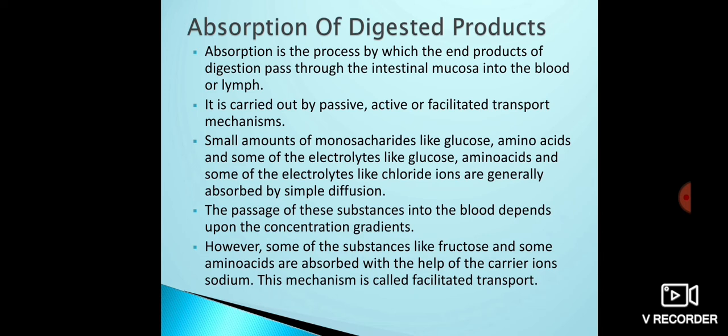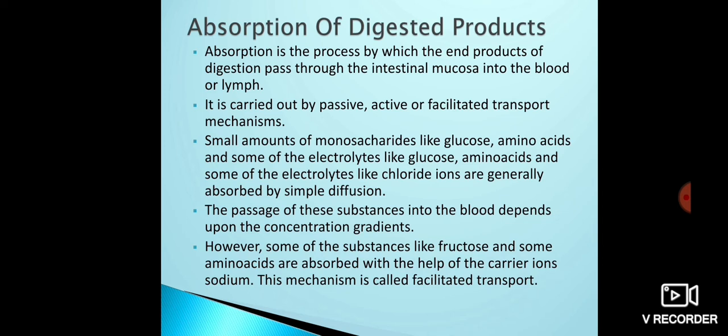And these amino acids and glucose are absorbed and sent inside the blood vessels, made to mix or dissolve inside the blood. So that depends upon the concentration gradient. But with respect to the transportation of water, water transportation is going to depend upon osmotic gradients. Gradients means with respect to the higher region and the lower region.